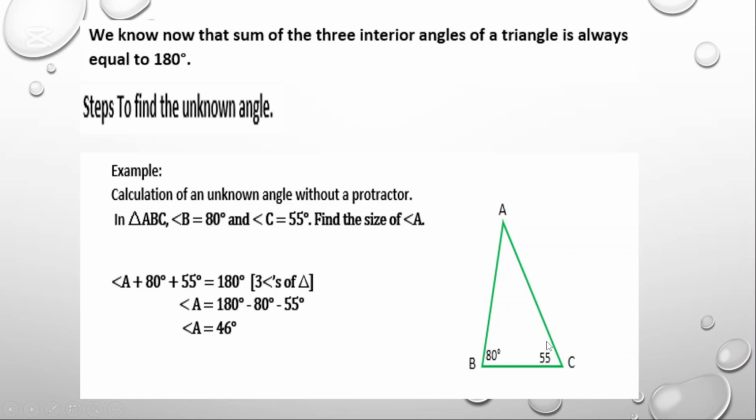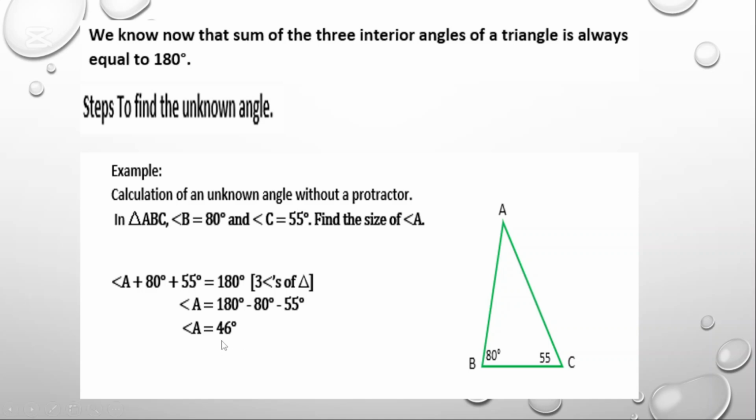Because all three angles add up to 180, we write it out like this. Angle A plus 80 plus 55 is equal to 180 degrees. Reason: always, three angles of a triangle. The next step, we subtract the 80 and the 55 from 180 degrees, and the answer is equal to 46